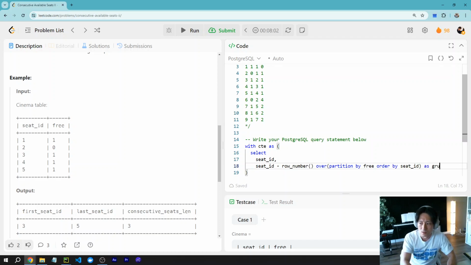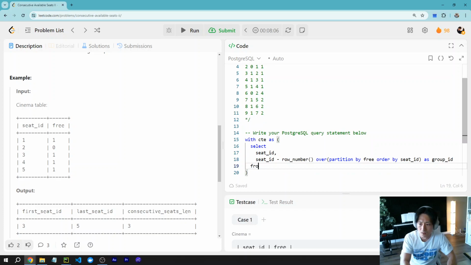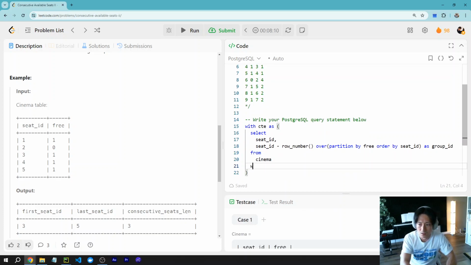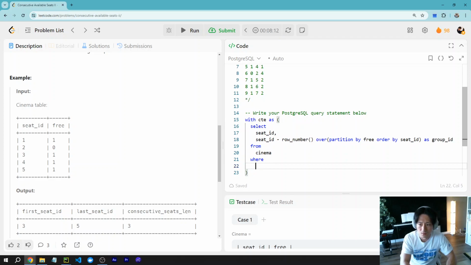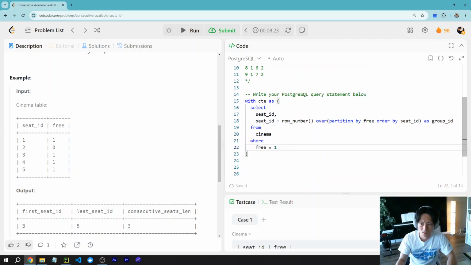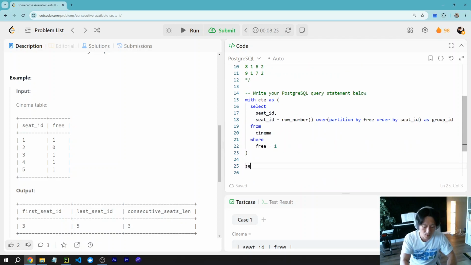And this is going to be the group ID, and I'm going to get the data from the cinema table, and I don't care about non-free seats, so only 1. That's it. Yeah, I think that's it. Let's check how it looks